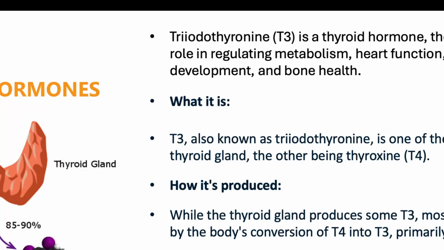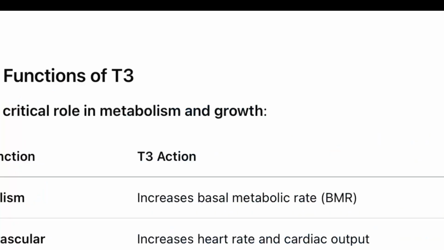So, this is the thyroid gland. 85 to 90% of T4 is produced from the thyroid gland, while it only produces 10 to 15% of T3 hormone. T4 is better for transport throughout the body. T3 is the more biologically active form of T4. So this T4 thyroxine is converted into triiodothyronine in the liver and kidneys in the body, and most of the T3 sources from the body, these reserves.